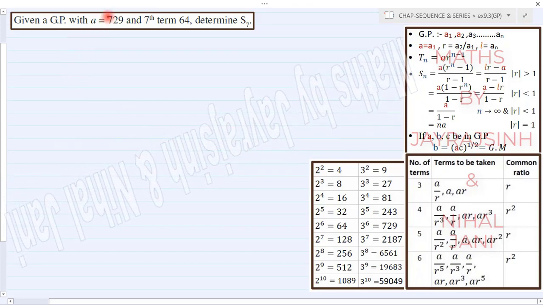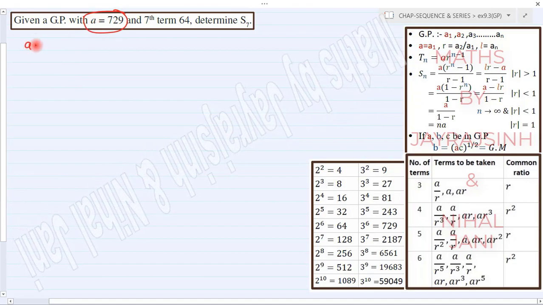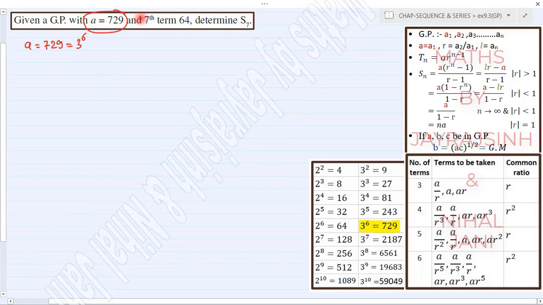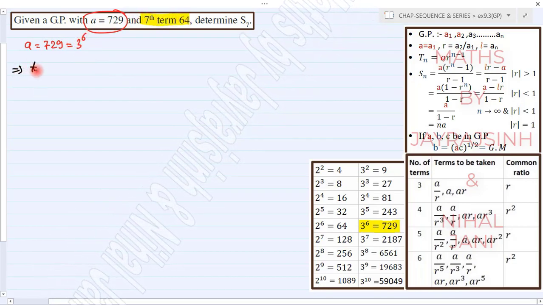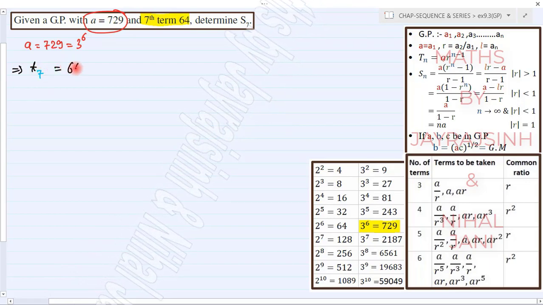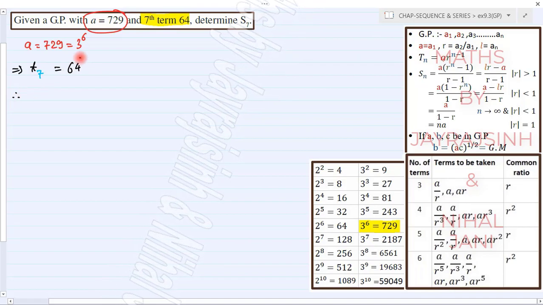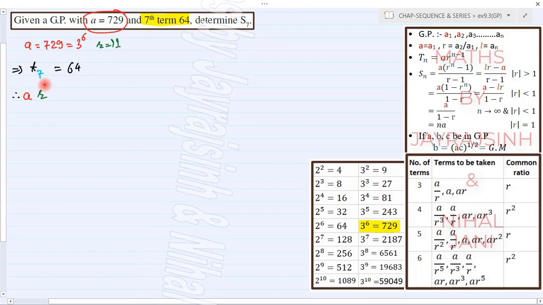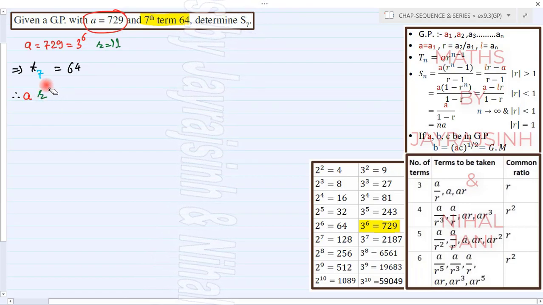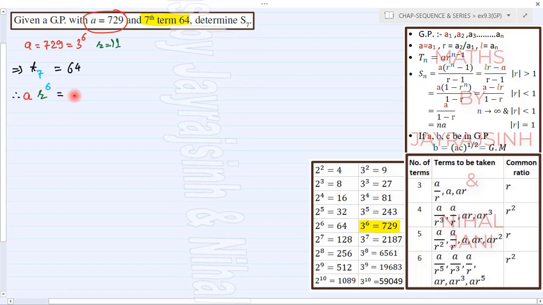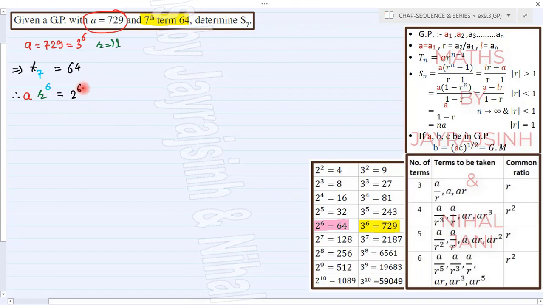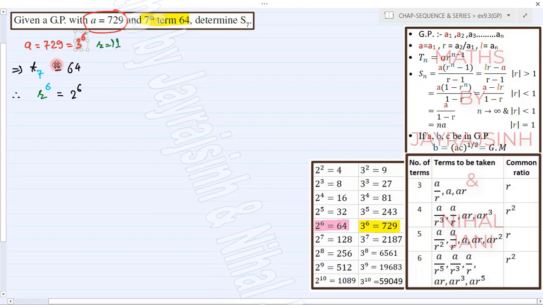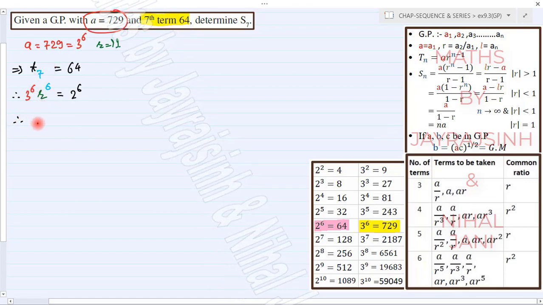Here we have the question of GP, and it is given that the first term is 729, or we can say it is 3^6, and it is also given that the 7th term of the GP is 64. So to get the value of r, let's use the general formula of the nth term, which is ar^(7-1), which is nothing but 6, equal to 64, which is nothing but 2^6. Now, if we substitute the value of a, which is 3^6,